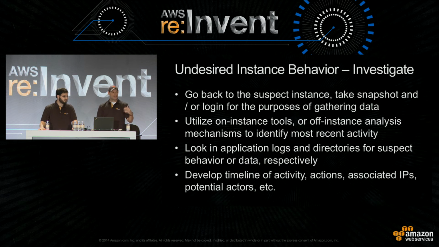Now, this is the work that you assign to the intern. This is going down and figuring out what actually happened. Go back to that suspect instance, and perhaps you can actually divide and conquer. So while you've got somebody that's working on the recovery operations, you might have somebody else working on the investigation. We don't necessarily assume that everybody has more than a two-man incident response team, but it might help to actually get a couple of divide and conquer things going.